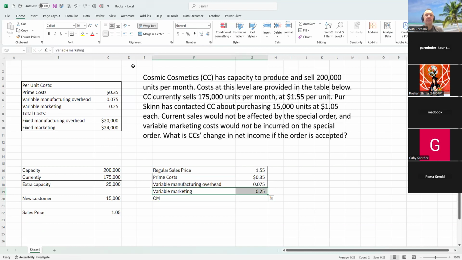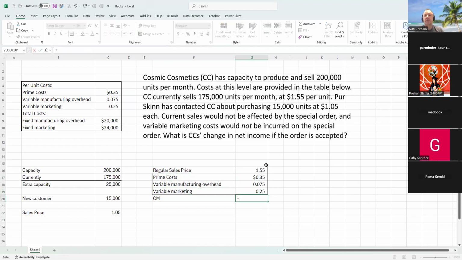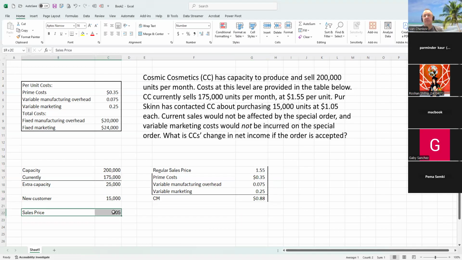And how much is our contribution margin? Can you tell me? That will be equal to this one minus this one minus this one and minus that one, correct? Yes. So our contribution margin in the normal cycle is 88 cents. Now the question is, with the special price that this customer comes,